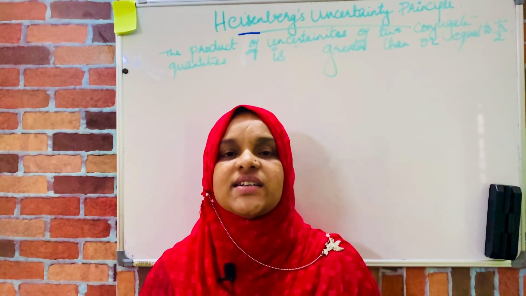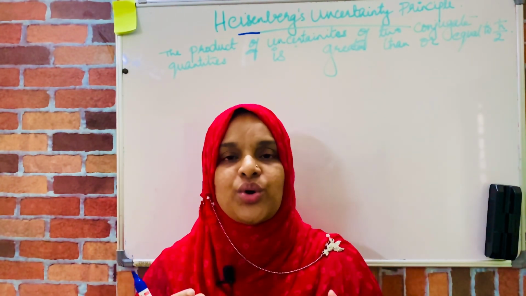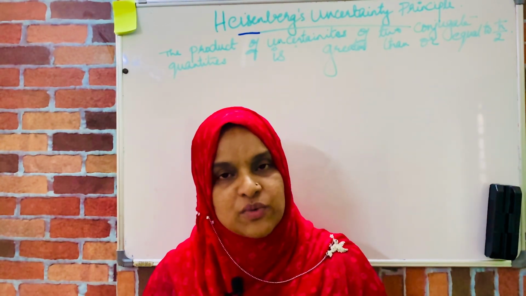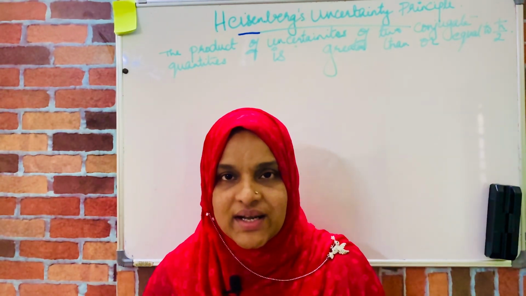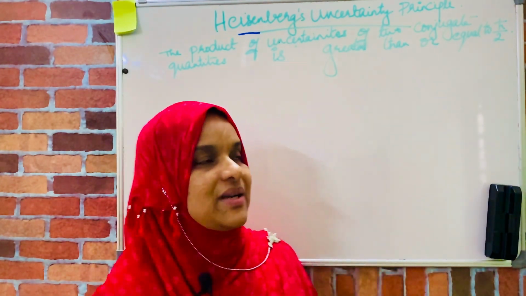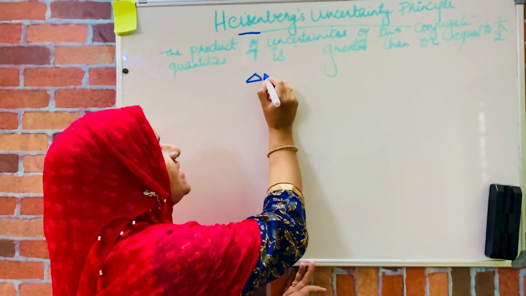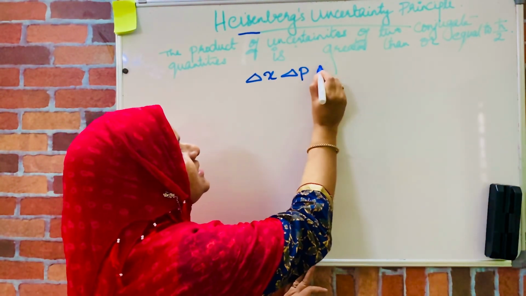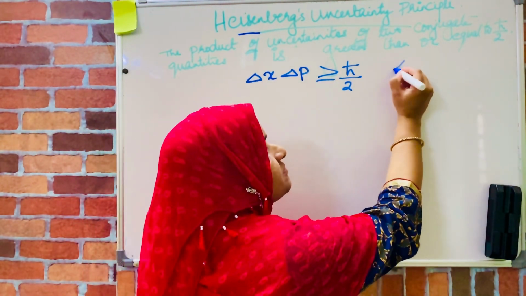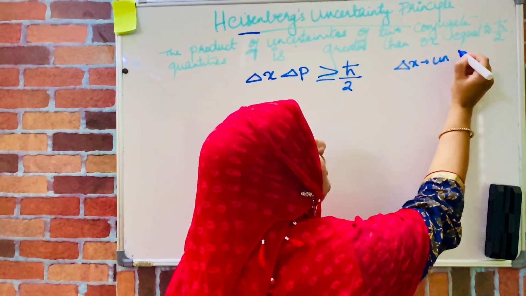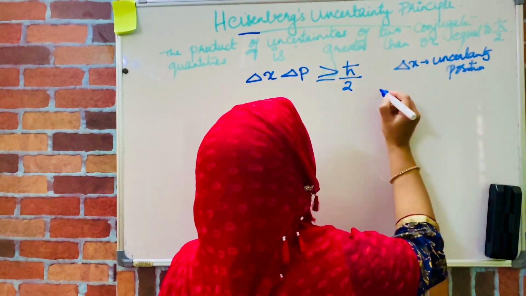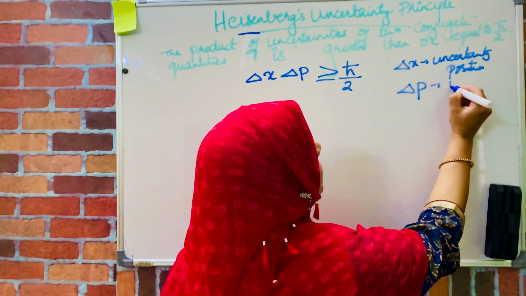The product of uncertainties in any two conjugate quantities will be greater than or equal to h cut by 2, or it is impossible to measure simultaneously and accurately two conjugate quantities. The mathematical statement for the uncertainty principle, for position and momentum, is delta x delta p greater than or equal to h cut by 2, where delta x is the uncertainty in position, and delta p is the uncertainty in momentum,